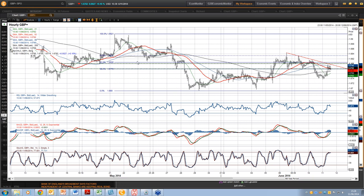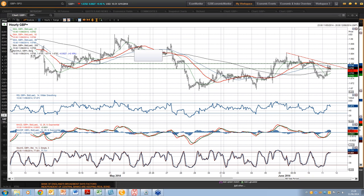That's a bit clearer. So you've got these Fibonacci levels, 61.8, which you can't see the numbers unfortunately, 50% and 38.2% are your big levels there. If I just remove that, you can then see how you've got this support and resistance on cable. On the hourly chart, this is a fantastic level I like to see at 67.80, which provides support here. Bang, it's broken to the downside, a sharp move to the downside, then becomes resistance, and then a sharp move to the upside, becomes support, sharp move to the downside, and then we are now